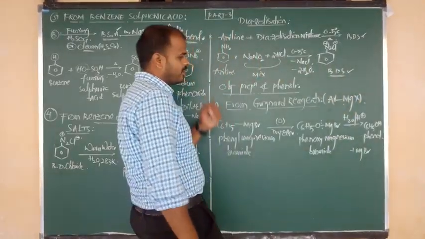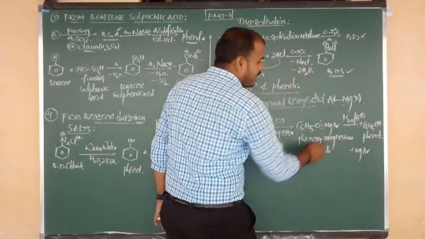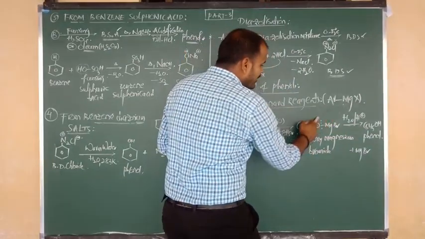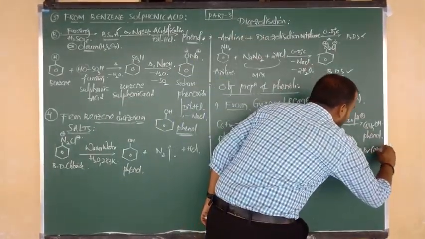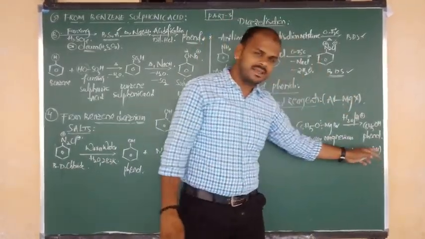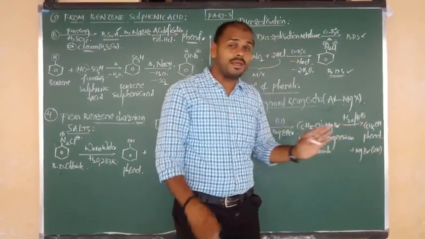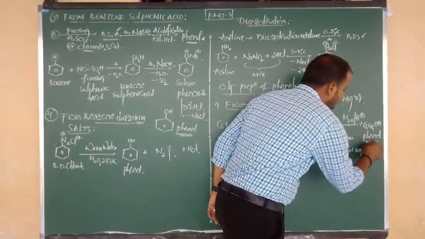Did you write it? Good. Next one, listen carefully. MgBr I have written here, beta. Water molecule contains H plus and OH minus, na beta. H plus is given to O and remaining is OH minus. So that OH minus I am going to write here. Means what is the byproduct? Hydroxy magnesium bromide. Hydroxy magnesium bromide. This is your byproduct. What is your main product? The main product is nothing but phenol.